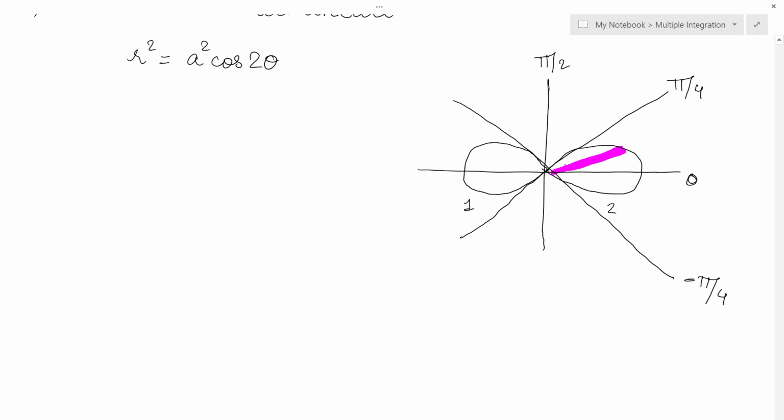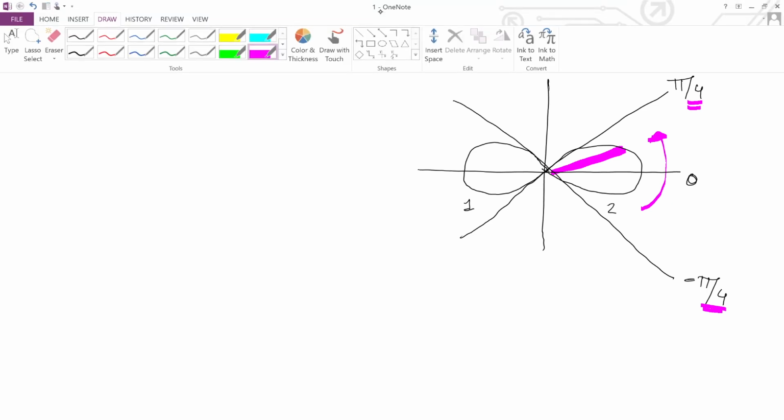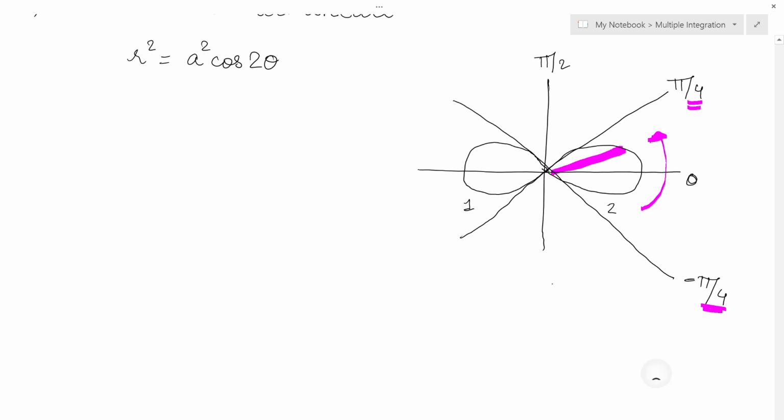So, this is what we take as the radial strip. Here the radial strip is traveling from this angle to this angle. So, the angle will be what? Minus pi by 4 to plus pi by 4. Clear? And now the inner limits. So inner limits, the equation for a Bernoulli's lemniscate is what? R is equal to a under root of cos 2 theta, because r square value is given, I need to find the value of r. So here it is touching 0 and here it is touching the Bernoulli's lemniscate, which is this equation.